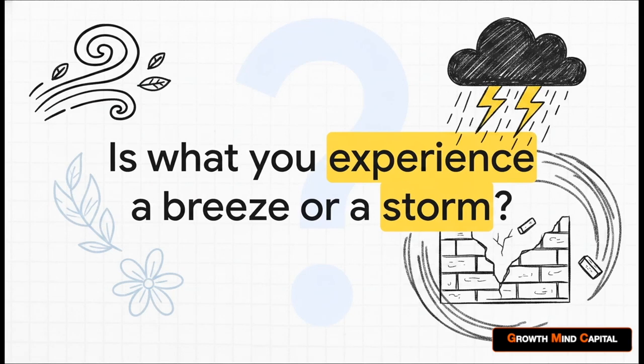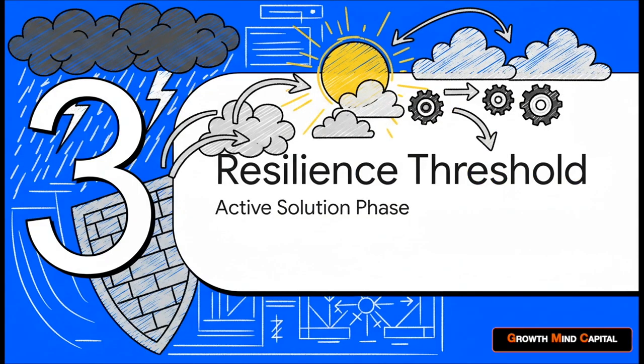So apply this precise definition to your own life for a minute. Is the intensity you generally experience more like a light breeze, or is it a heavy storm? If it's just a light breeze, your mental building isn't really taking much structural damage, maybe a loose shingle here or there, no big deal. But if your baseline is a heavy storm, that constant atmospheric pressure is absolutely going to wear down your walls over time. Which brings us to Section 3, the resilience threshold.